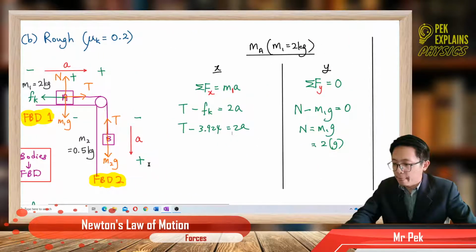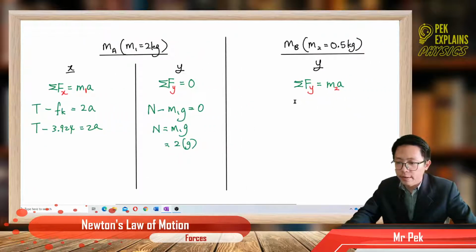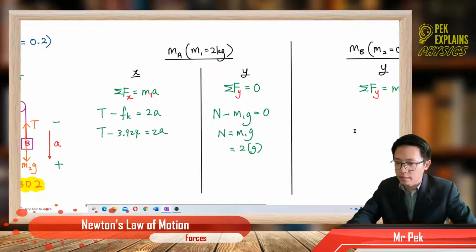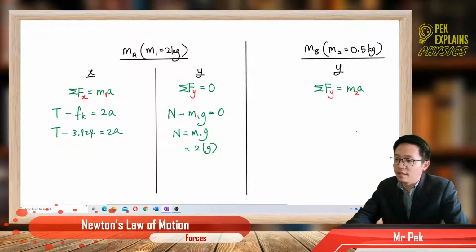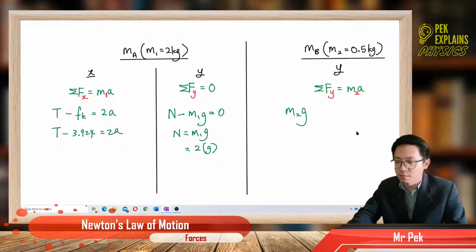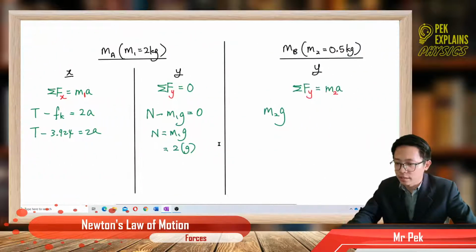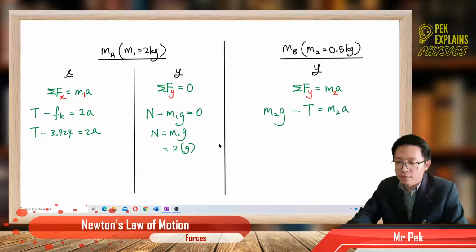We need to check the y component. Fy equals m2a. So for the y component we have mass, we have the mg and tension. Mg is positive because it follows acceleration. So mass 2 is positive because it follows acceleration. Tension is negative because it is opposite acceleration. Negative tension equals m2a. So just put in the values. Mass 2 is 0.5, and then minus tension